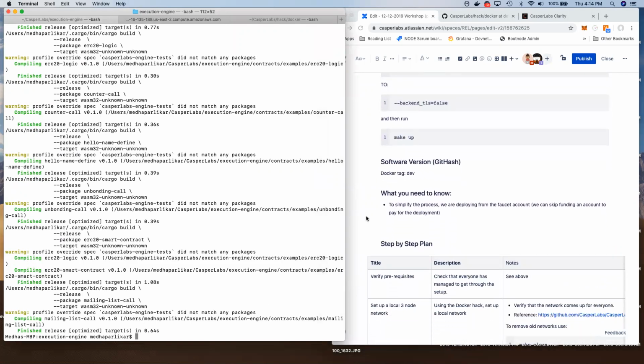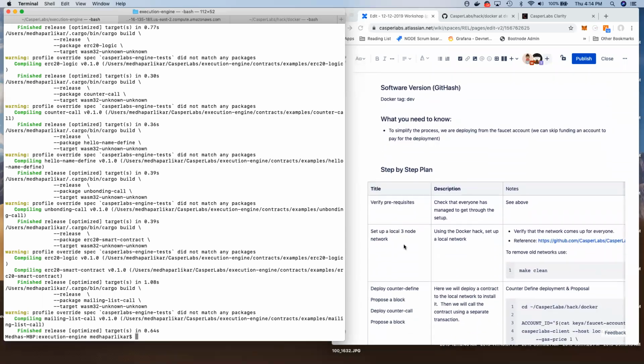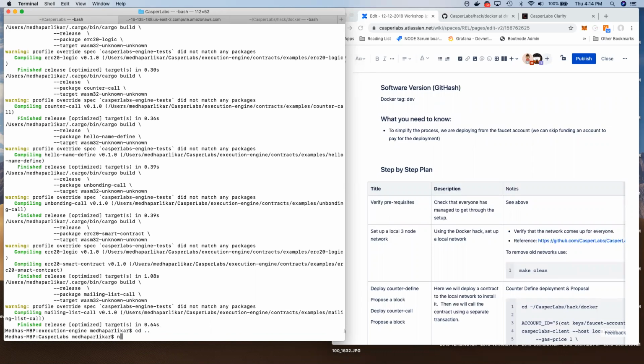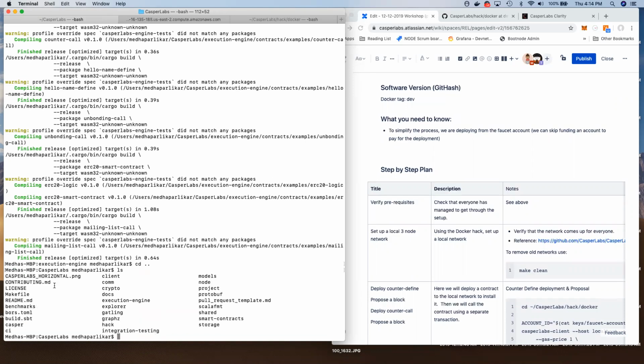And what we will do is we will start setting up the 3-node network here. To run that, you have to go into node. So if you look at the directories inside Casper Labs, you'll see there's this node directory here. It's inside the hack directory. We're calling it hack, but it's basically a fast way to set up a network. So if you do cd hack